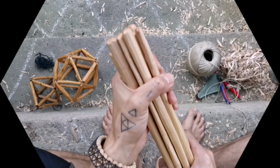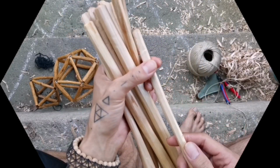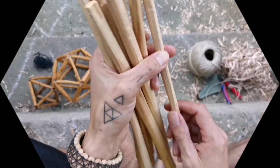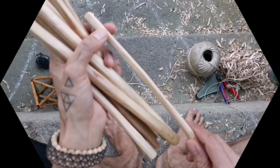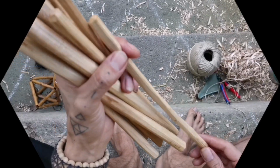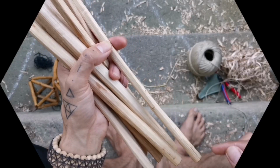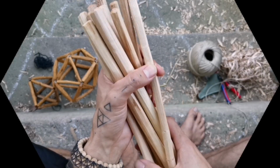What is now the case is that some of these are very small or fiddly, because I actually broke one of the pieces in the process, and I had to split one of the bigger ones in 2, so that came out a little small, but it's good. It's not gonna have to carry a body. I don't think it's gonna be a seat in this case. It's just gonna be nice, and this is still very strong because all the fibers in here are intact, because I've only gone with the grain